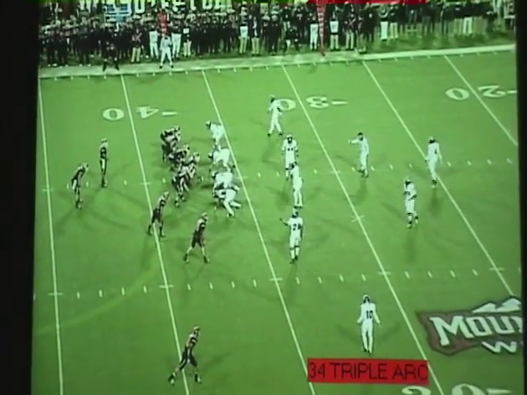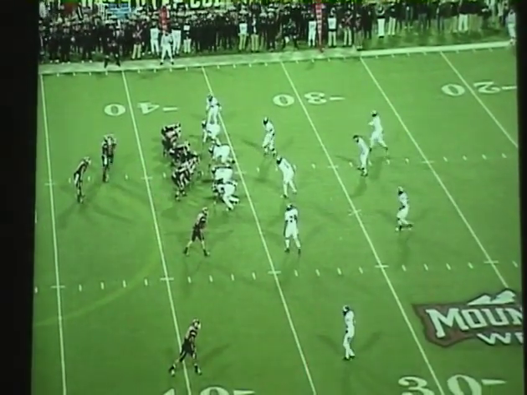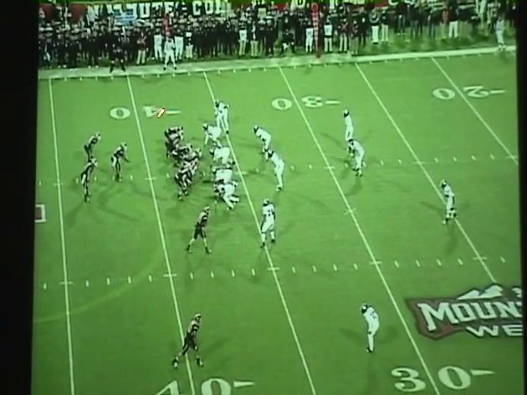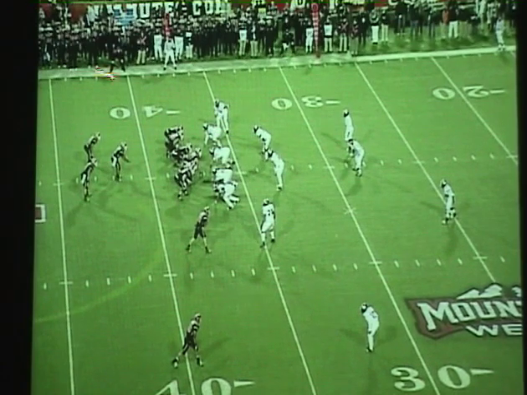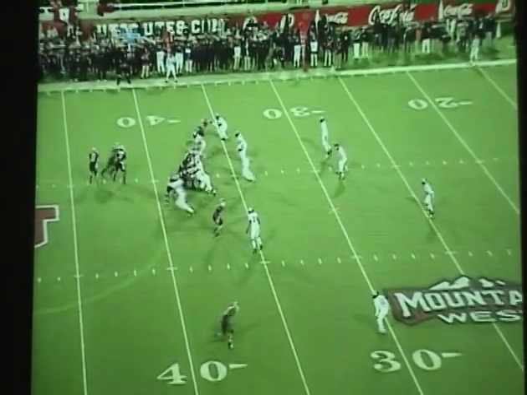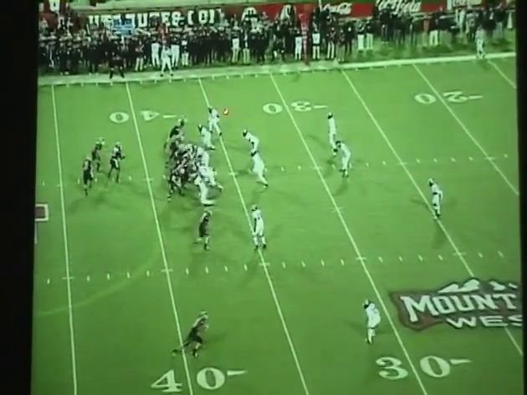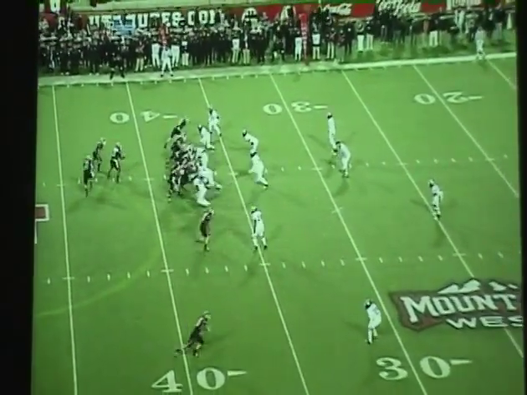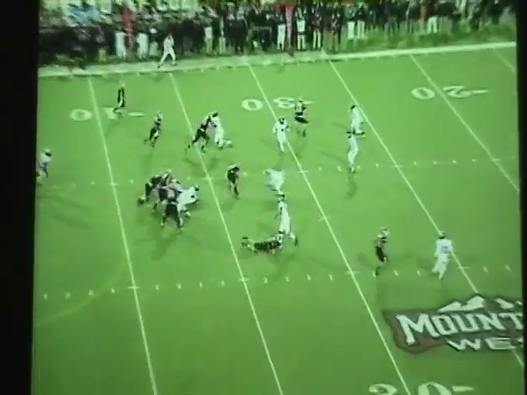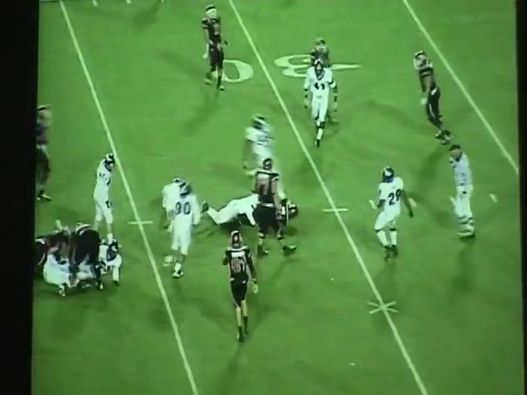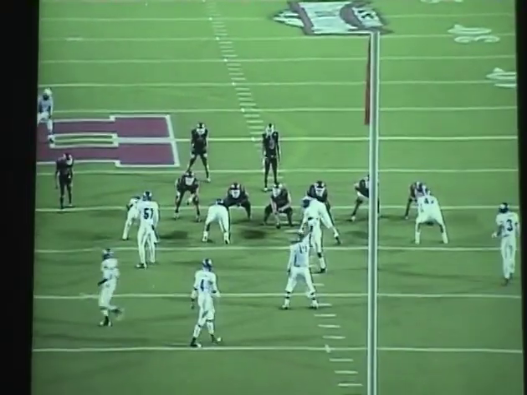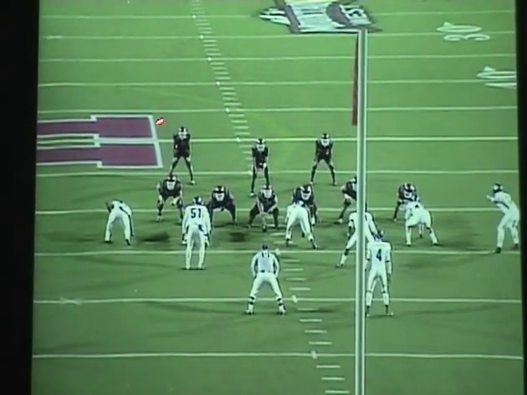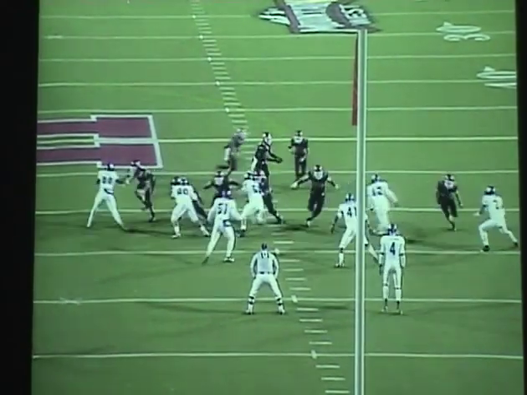Okay, you guys saw in the earlier presentation that we ran the arc play when we were running the read, where we arc this guy and we read the end. We'll run triple the same way, where we'll arc the tight end to the force player, and still read the defensive end. This was a change-up two force where we got the bigger guy as the pitch guy